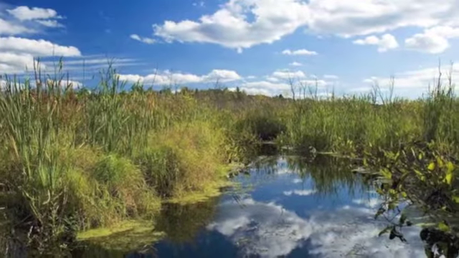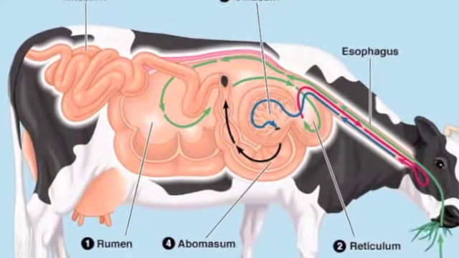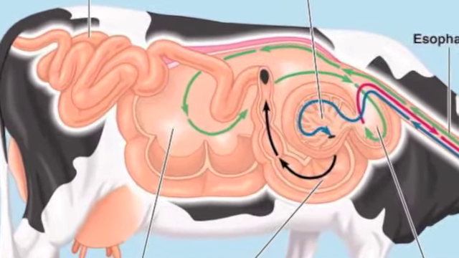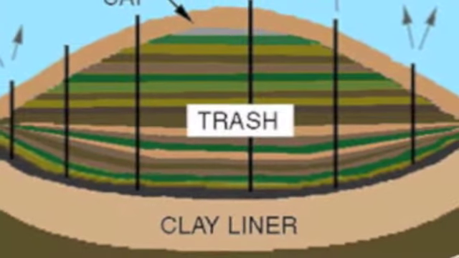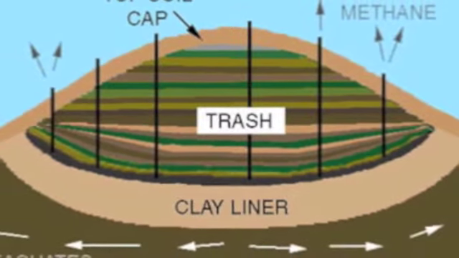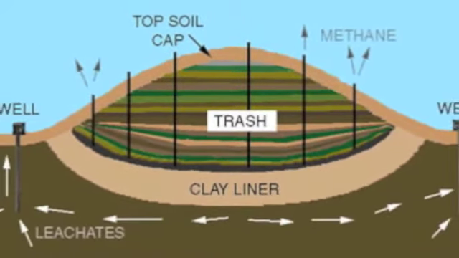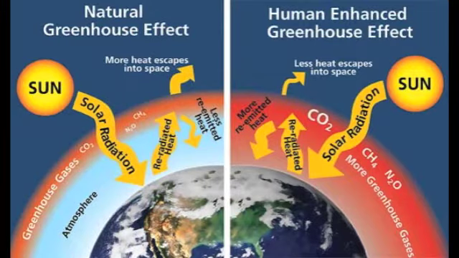Methanogenic prokaryotes live in swamps and other wetlands and in the guts of animals, including termites, cattle, and sheep. They also live in waste dumps and are deliberately encouraged to produce methane in anaerobic digesters. Methane can be used as a fuel, but if allowed to escape in the atmosphere, it contributes to the greenhouse